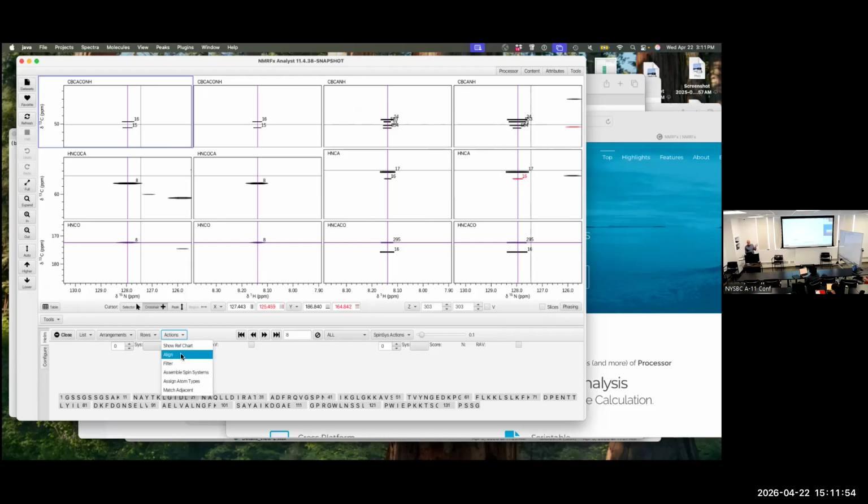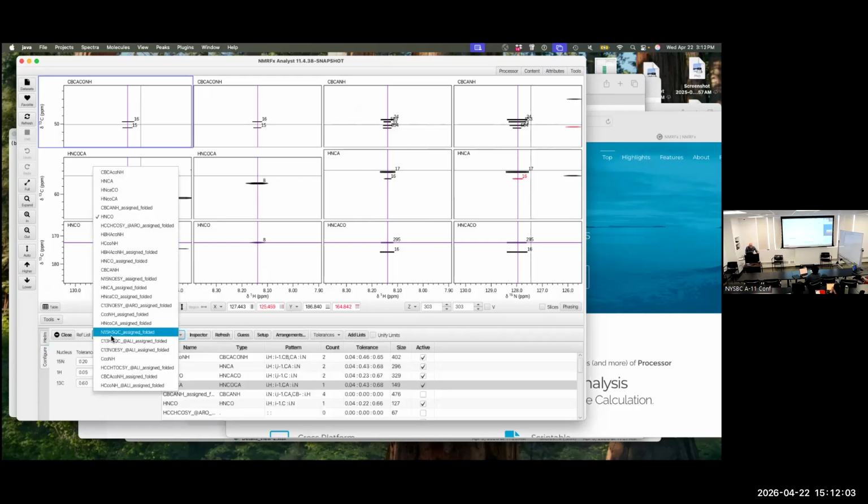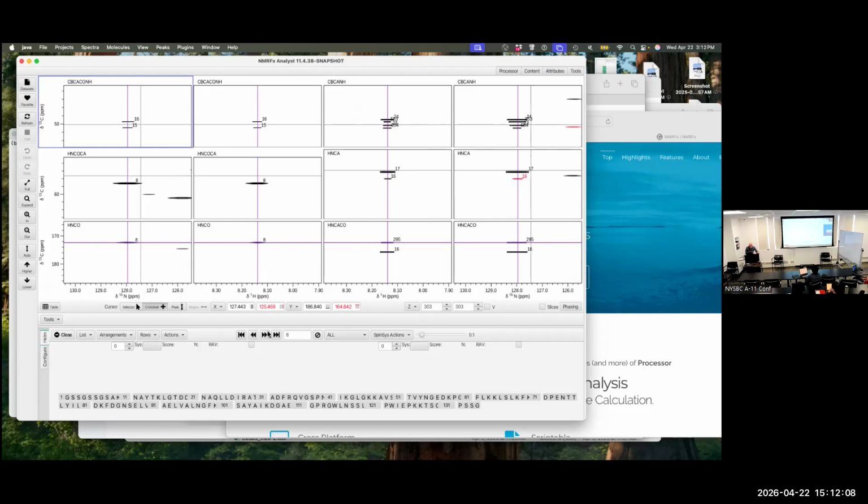Align, as I said, is useful if you're not perfectly aligned. We'll try to align all the experiments to the proton-nitrogen frequency of the reference list, which I can configure. I set the reference list to be the HNCO as a reference. Now,